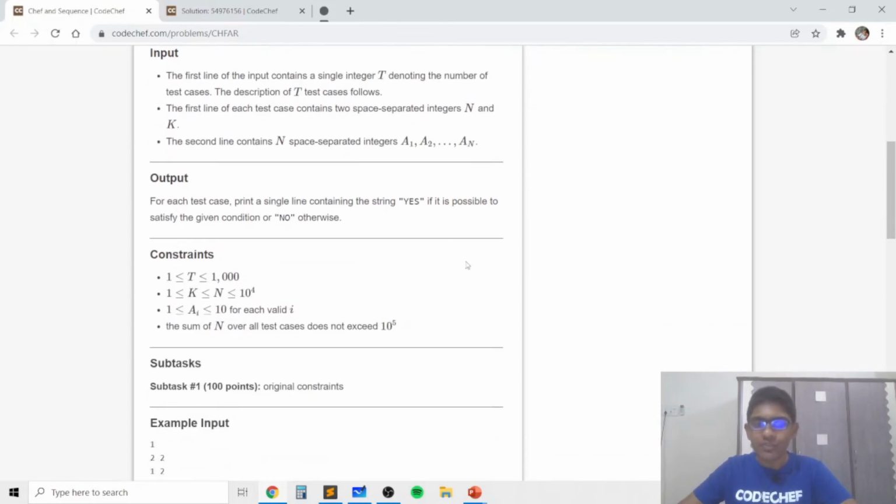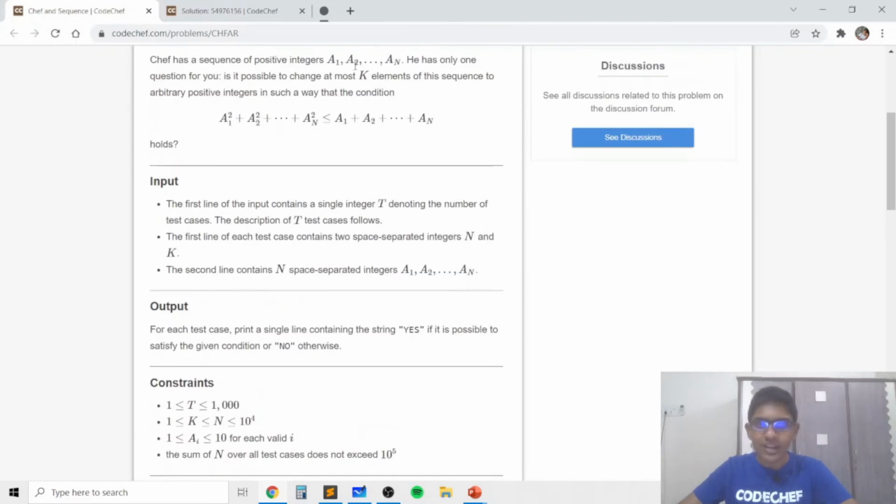With a single for loop we can iterate over all elements and check how many of them are not equal to 1. If the number of elements is strictly less than k, or if it's equal to k also, we know that we can change all those elements to be ones, and that's why the answer would be yes. However, if the number of elements which are not 1 is strictly greater than k, then we know that we can't change all the elements to ones, and that's why we know that ai squared will be greater than ai for some i, and that's why we know that the left hand side will be greater than the right hand side, and this condition won't hold true.